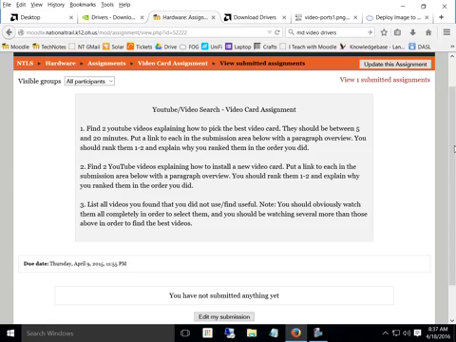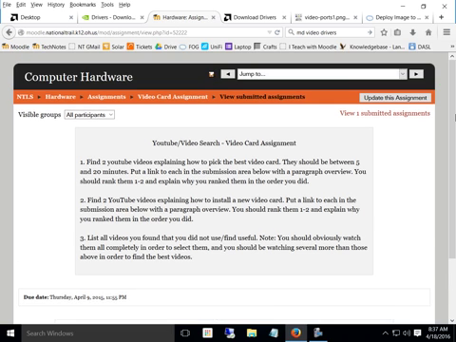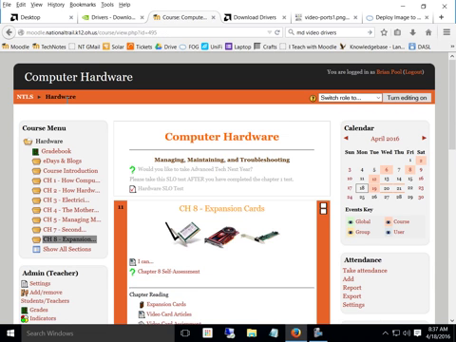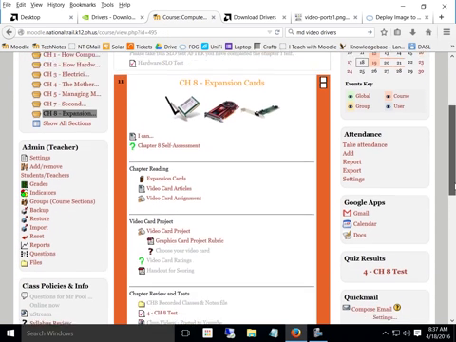They should be between 5 and 20 minutes, not over 20 minutes. Then put a link to each one in the submission area below. Then find two explaining how to install video cards, and tell me which videos you found the most useful. That's the follow-on to the assignment that I gave you to start the other day, which is